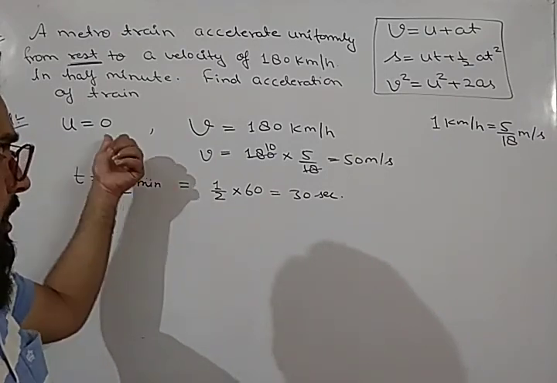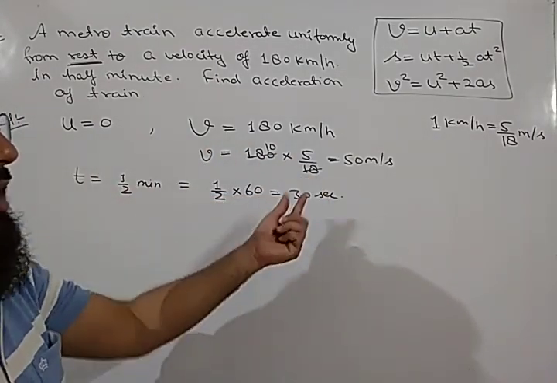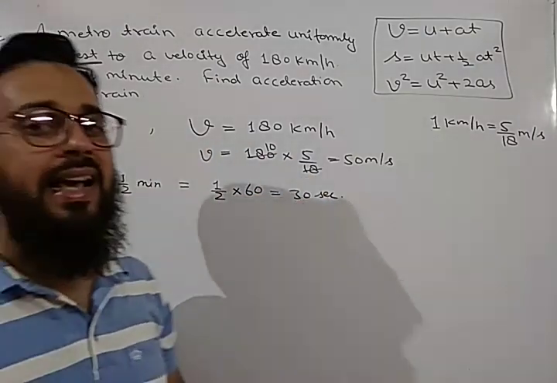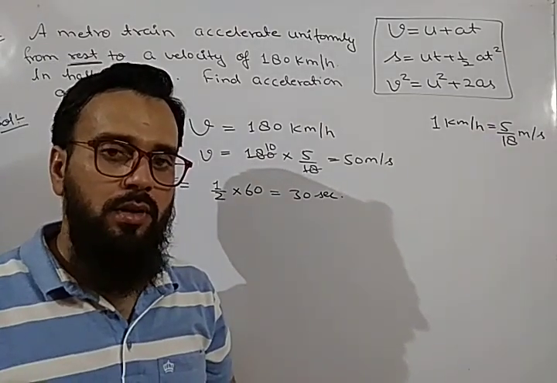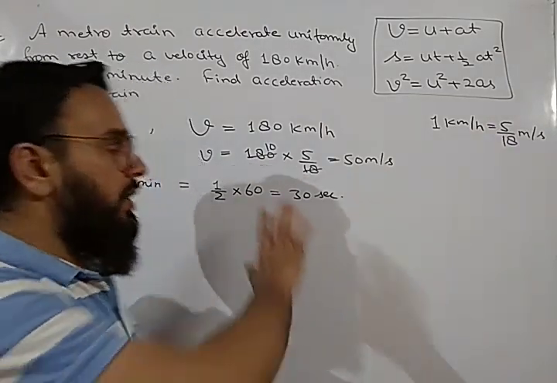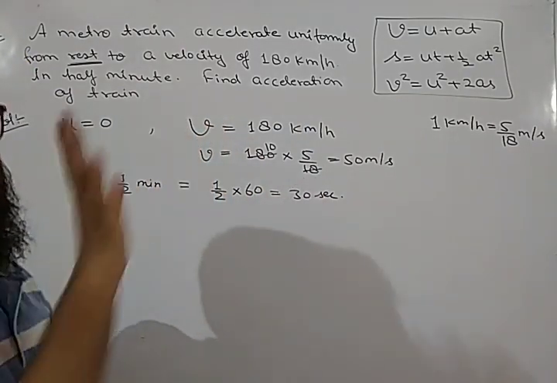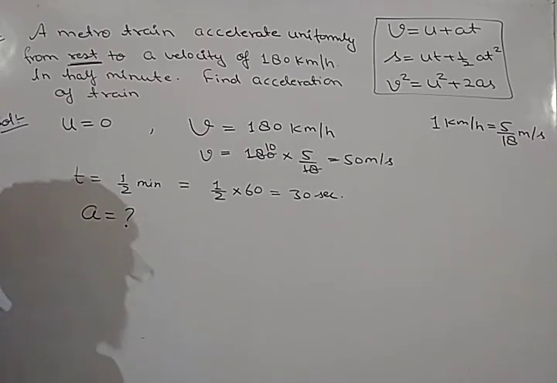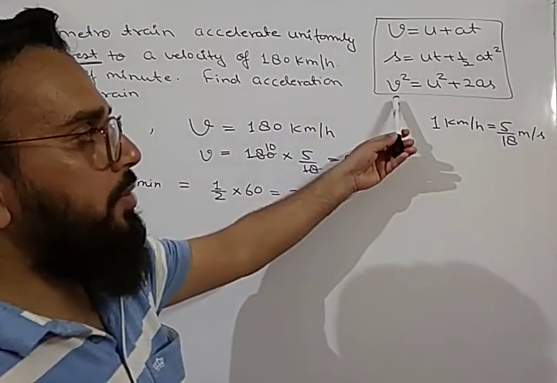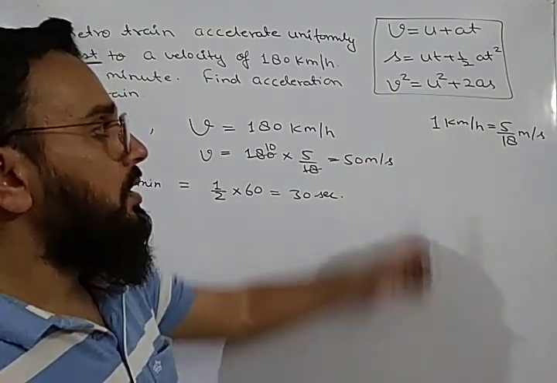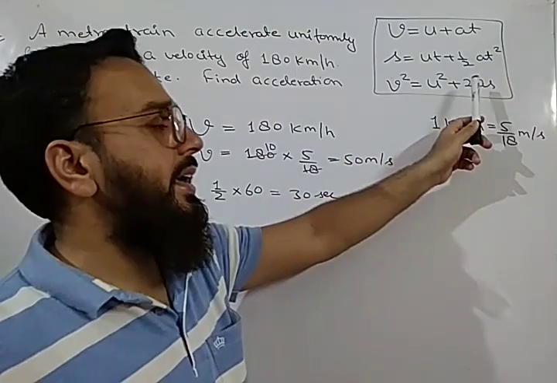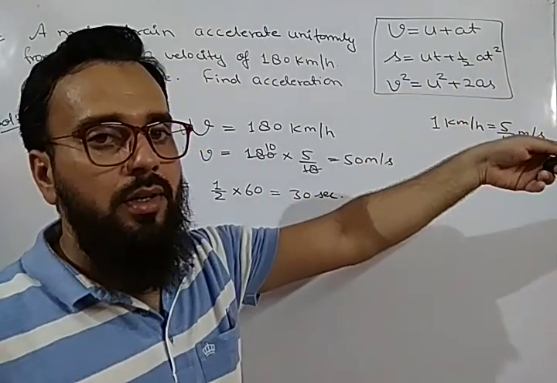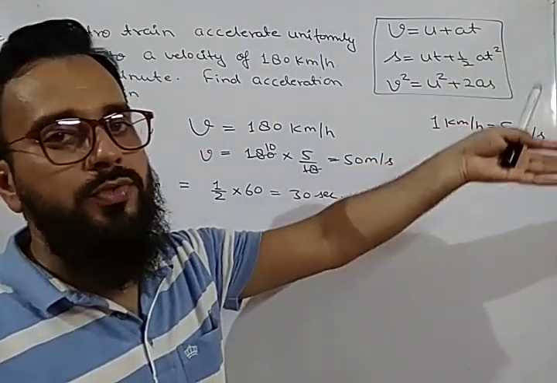So here u is given, v is given, and t is given, and you have to find acceleration. The basic first thing is that you have to write all the things which are given in the question, and what is to be found out. We have to find acceleration. Now you will check which equation you can apply. If you see the third equation, you cannot apply it because v is given, u is given, a is to be found out, and s is not given. Whenever two unknowns are there, we cannot solve it.